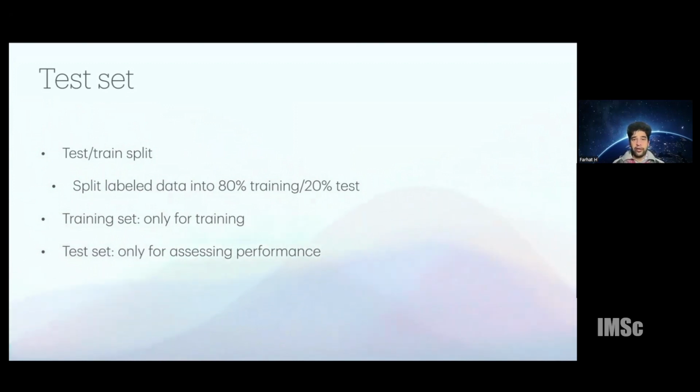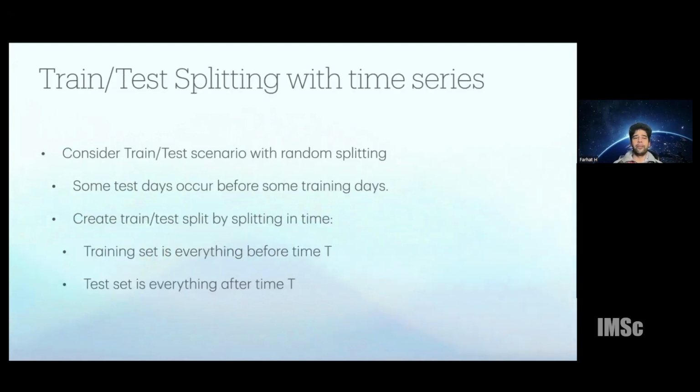One part that is important is that your train and test should have the same distribution. Otherwise, the values that you get out of your training exercise are not going to be reliable. So in some special cases, for example, if you're doing train test splitting with time series, you have to be